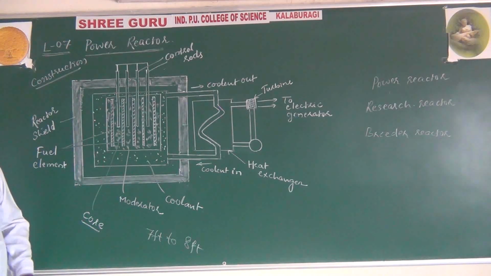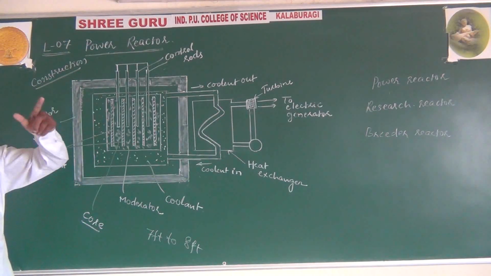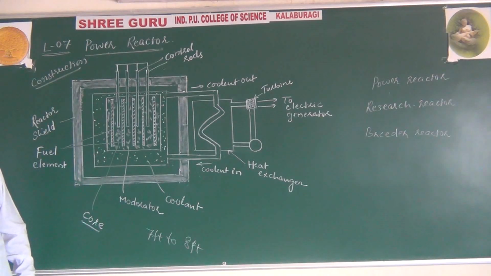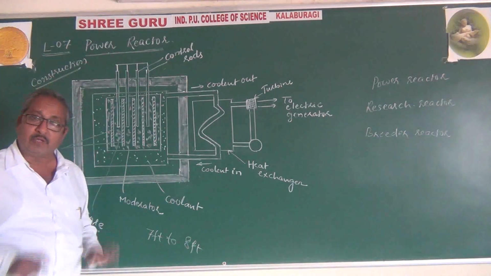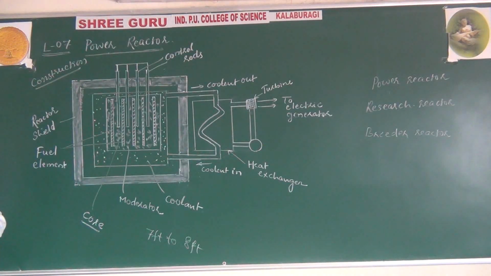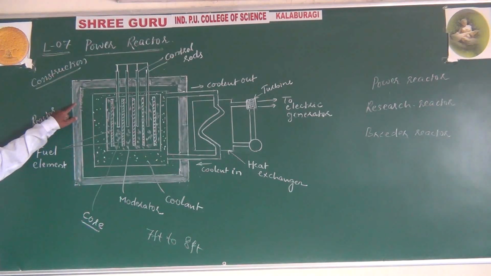Suppose those radiations penetrated, then the scientists and workers in the power reactor would be affected by them, causing hazards and effects on living beings. That should not take place, so the radiation should not penetrate through the reactor. For that purpose, the shield is 7 to 8 feet thick, and the inner walls are covered by metal sheets of a few inches.